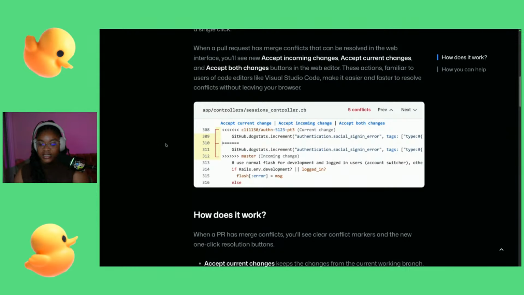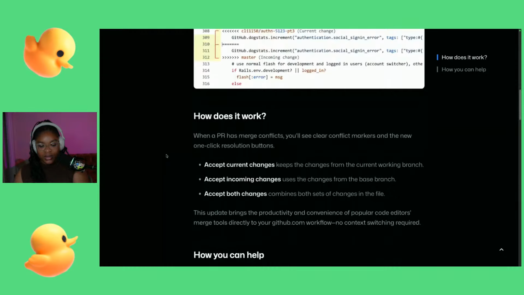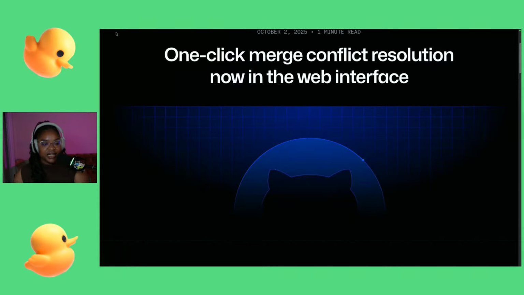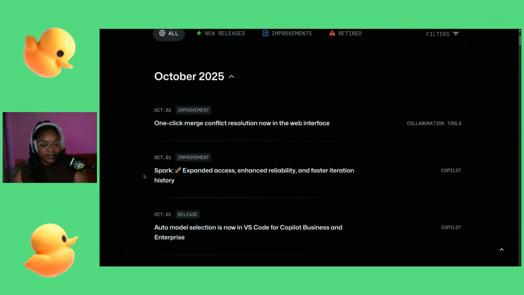So now we can accept current changes, incoming changes, or both. So we no longer have to clone the PR to our machines and then go through that, or go to a codespace and then go through the merging and then merge it in. We can now do this on the GitHub UI, which is excellent. That's a really good ship there.